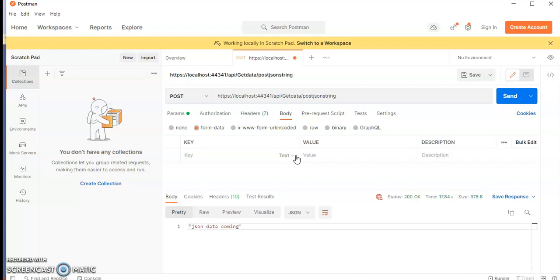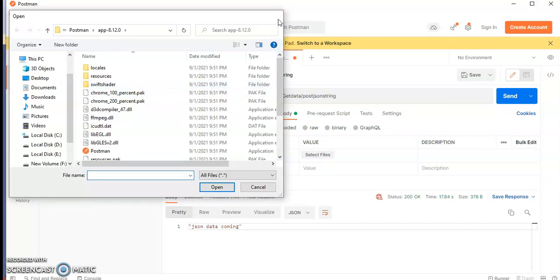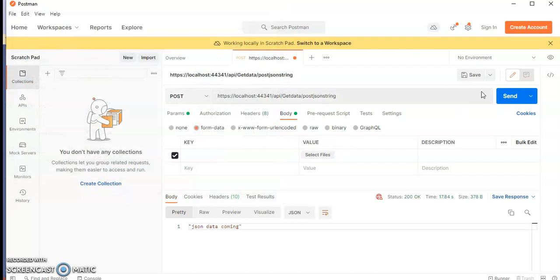For example, in some application we will upload a PDF file, and from that PDF file we will extract the values in the API, so that time you can use this. The key is the parameter name, and here it will show you text or file. If you select file, it will give you the option to select the file, and from there you can select your PDF file and send. So this is how you have to pass the PDF file to the parameters.